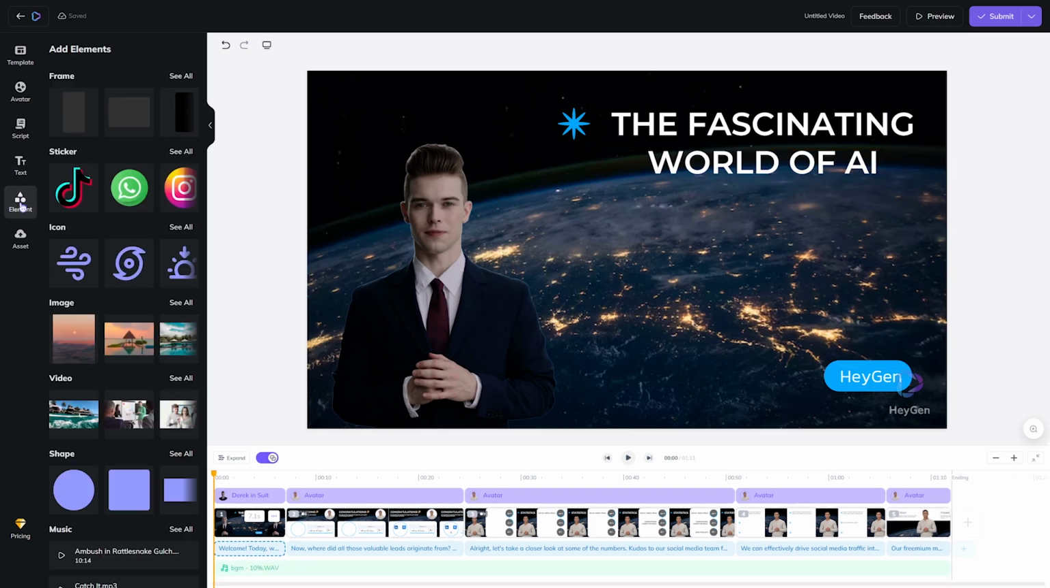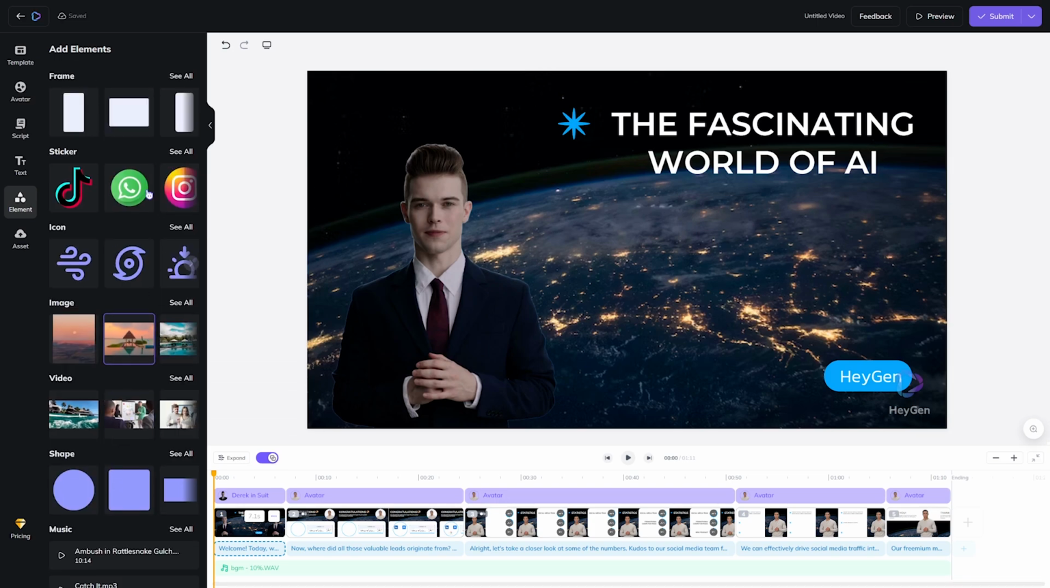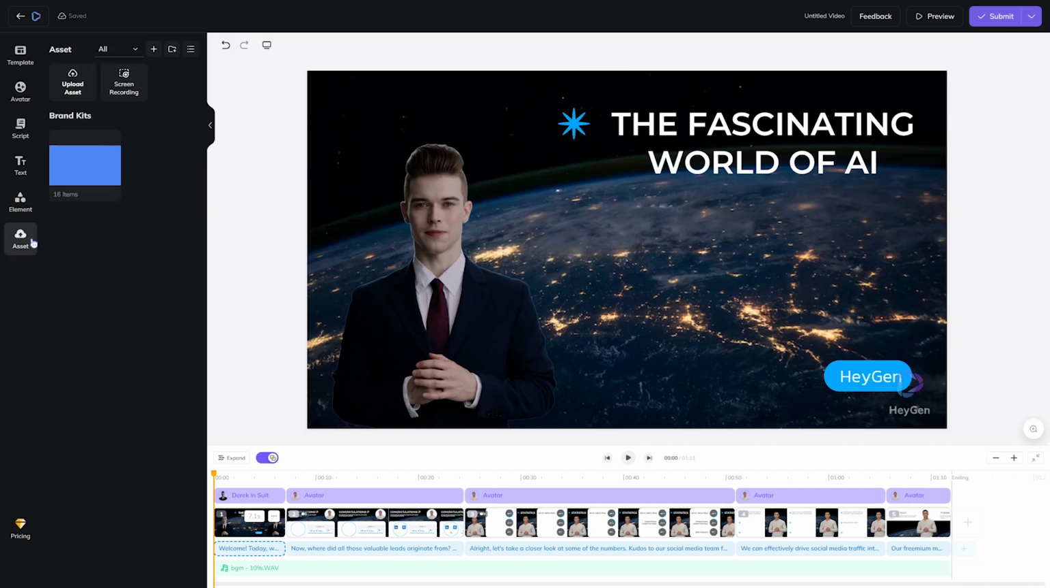Now, that's not all you can do. You can hit this element button and you can add stickers or photos or music. All of that is found in this element page. And this is just stuff that they happen to have on hand. If you want to upload your own, you go to assets over here and upload asset, and you can upload